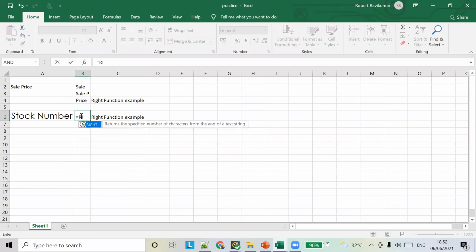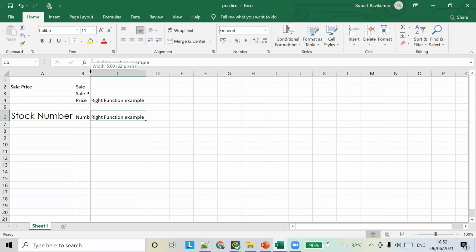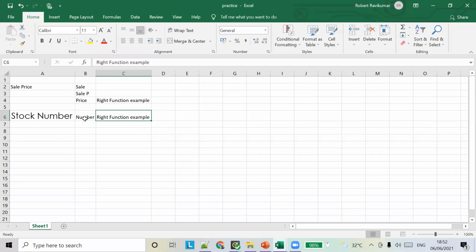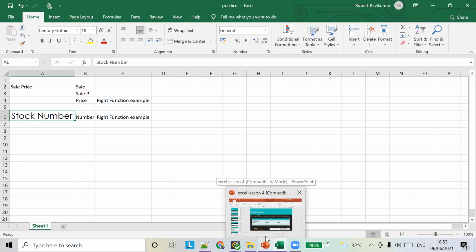So is equal to RIGHT, the text is A6, comma, we'll take 6 characters. So you'll get the number. This is how you use a right function. Here we have used 6 characters from the right, and earlier we used 5 characters from the right. 6 characters from the right is R-E-B-M-U-N, so totally 6 characters. That's how you write a right function. So is that clear?